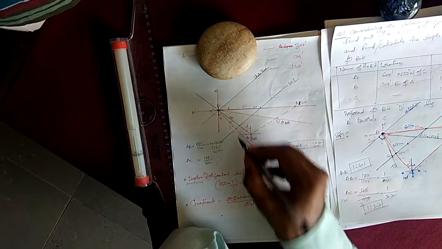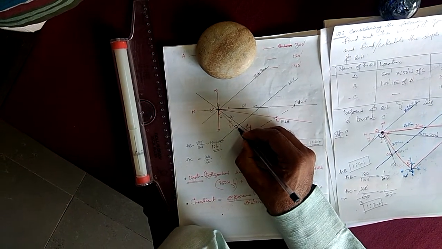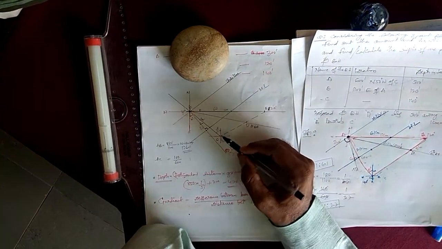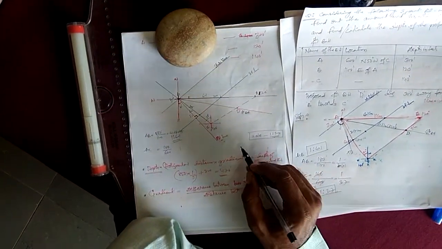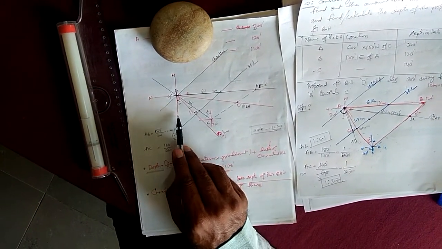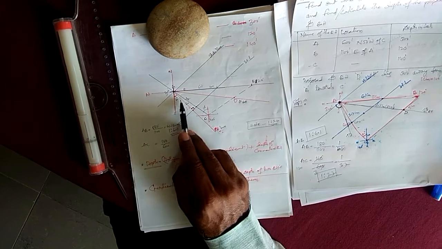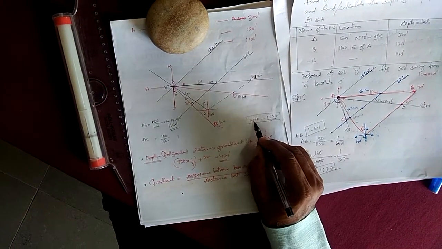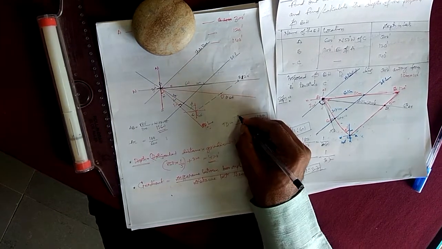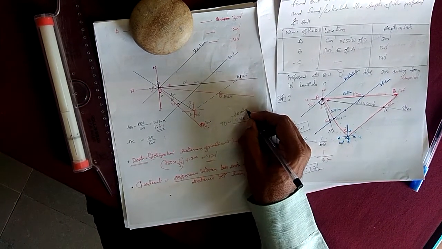Because this is perpendicular to the straight line and passes through the center, you have to calculate the direction. So here I have calculated how much the direction is. It is south, it is east. Somewhere I got 40 degrees. South 40 degrees east is nothing but the true dip direction.